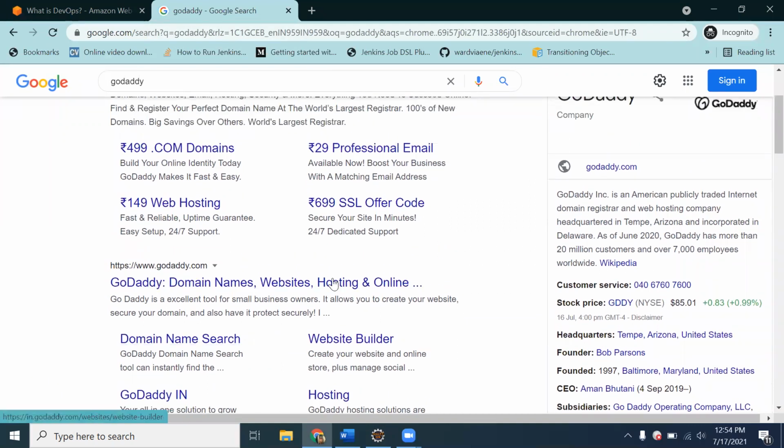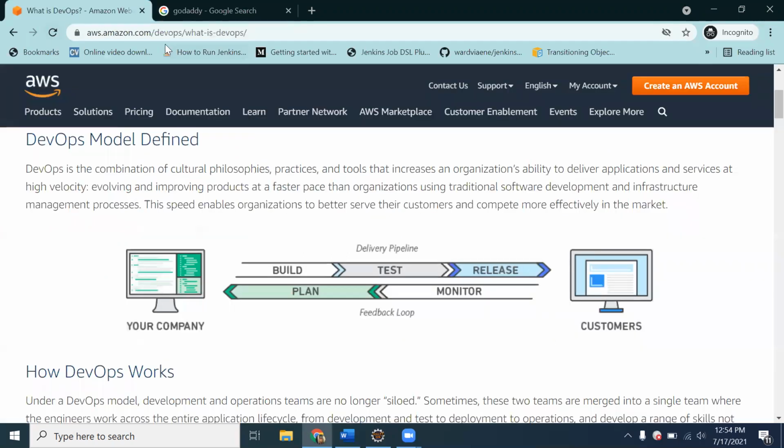Using such a company, you can purchase the domain name that is required for your site. Suppose we have purchased a domain name like aws.amazon.com, which is the domain name for Amazon. They purchased that particular domain name from their domain provider. Then we have to configure our hosted server to that particular domain name. Only then can we access this application using that domain name.